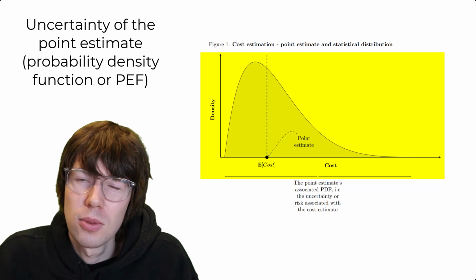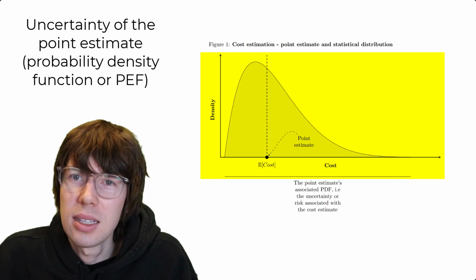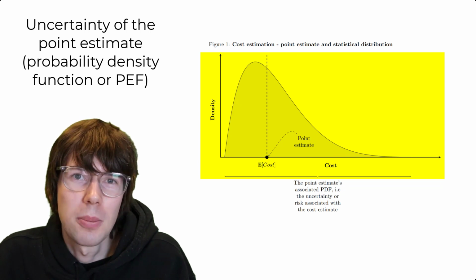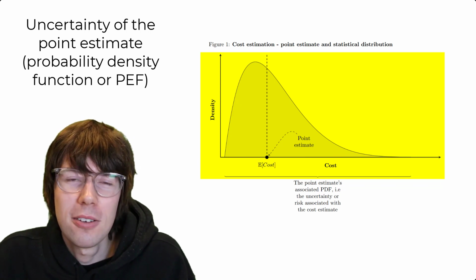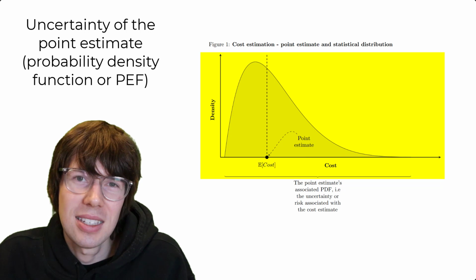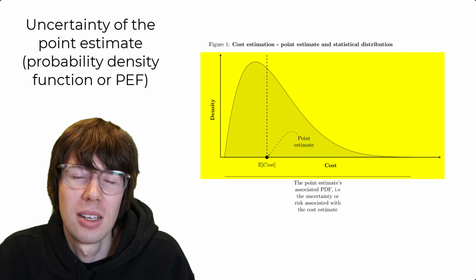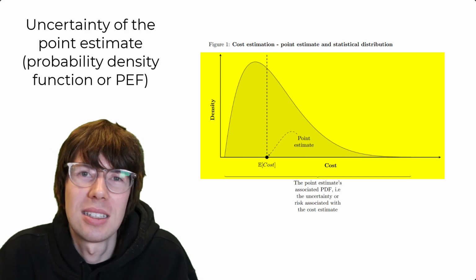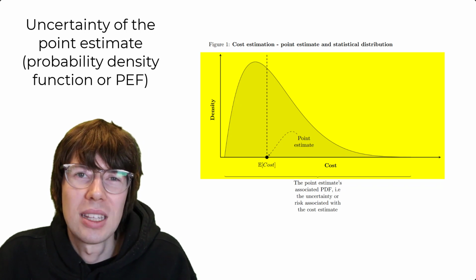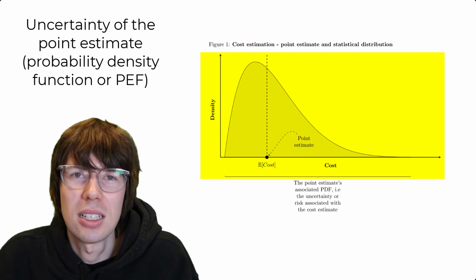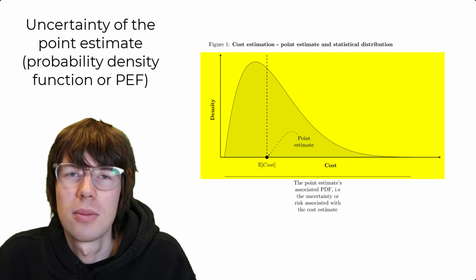So the second part of the course is about identifying a probability density function, a PDF. PDF, if you don't remember from statistics, that's just if you mention a normal distribution like the bell-shaped curve, that is the PDF, the probability density function. So we want to identify not only a point estimate, but we also want to have the PDF that is associated with that point estimate.